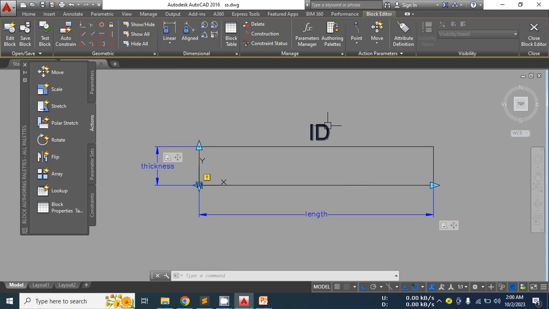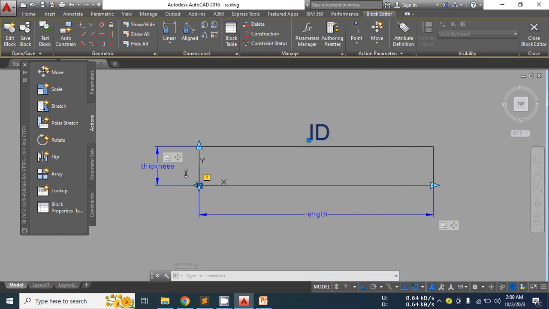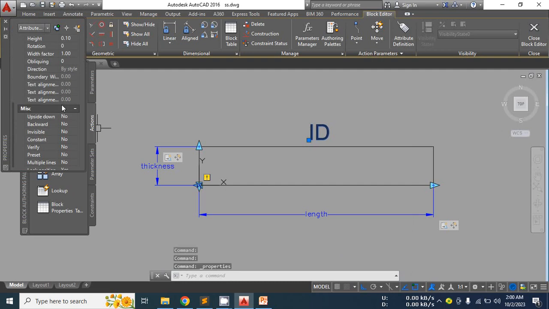because when your drawings get bigger and bigger, these things will just make your drawings dirty, nothing else. So I'm making them invisible. Just select it and maybe properties or quick properties. I see where is hidden invisible here. So just invisible is equals to yes. Okay, so I want another